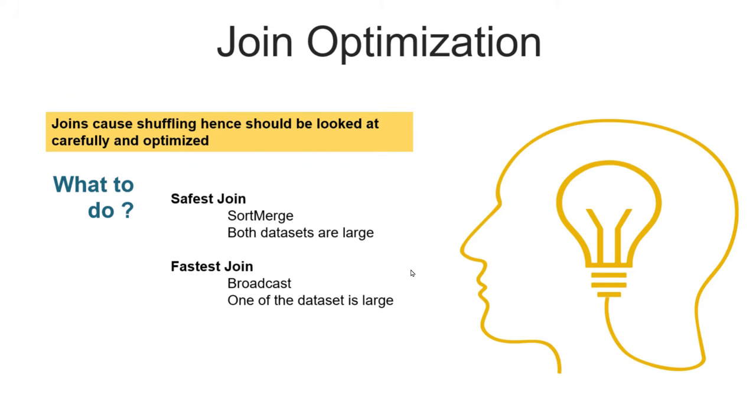And there are thresholds that you can set. So there is a broadcast join threshold, which is by default 10 MB. If one of the data sets is less than 10 MB, then it gets broadcasted. We can tweak that number, but the default is 10 MB. That will help because the join will be faster, as the smaller data set would be available on each and every node. So while doing the joins, we need to think about what suits our data and accordingly give the join hints.